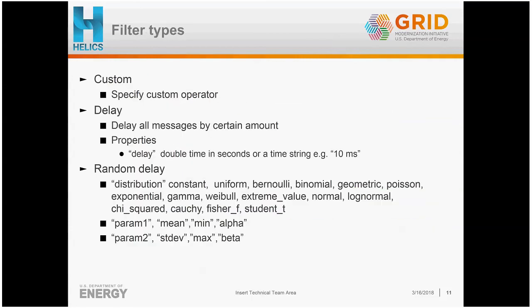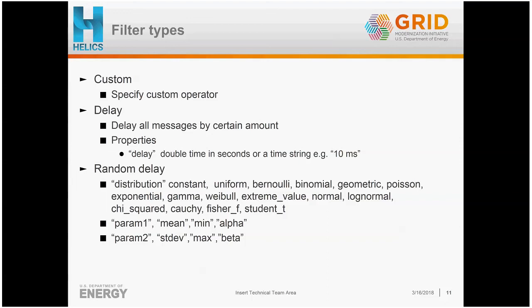There's a number of different types that are defined in the API. There's a custom one which allows you to specify a user-defined operator that operates on message. The delay is one of the simpler ones. It basically delays all messages by a certain amount of time. It has a property named delay. This can be specified as a double in seconds, or you can specify it as a string with some time